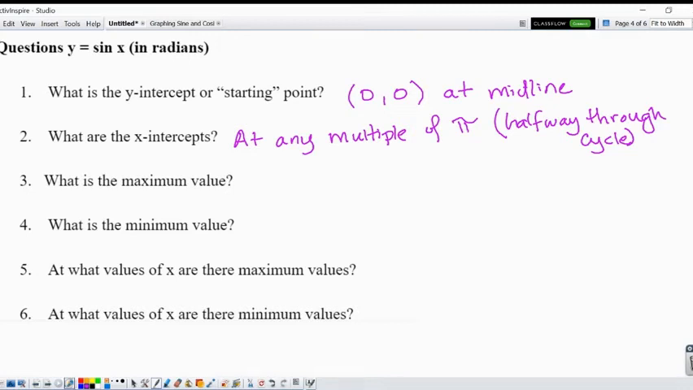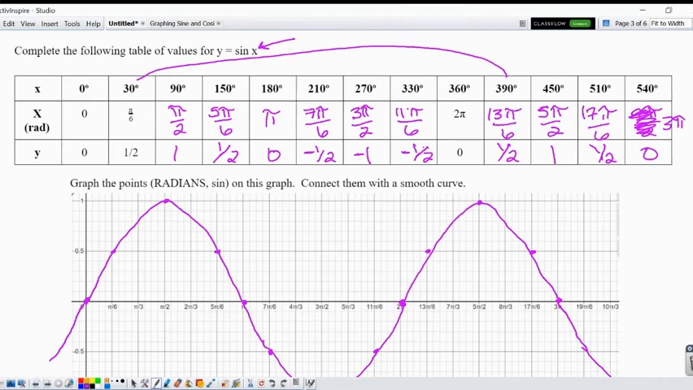Maximum value, how high does our graph go? We know from the unit circle that it cannot go any higher than positive 1, and it cannot go any lower than negative 1. That maximum value happens at pi over 2, and the minimum value happens at 3 pi over 2. And if we go back and look to see where that would repeat, the maximum value here,